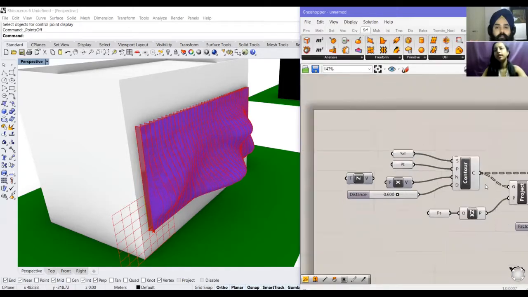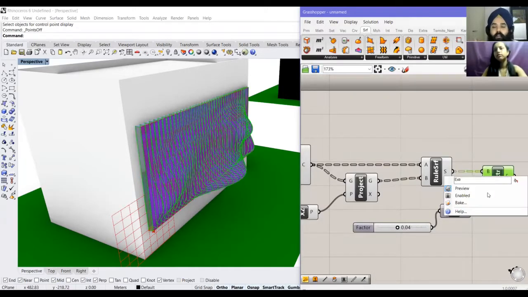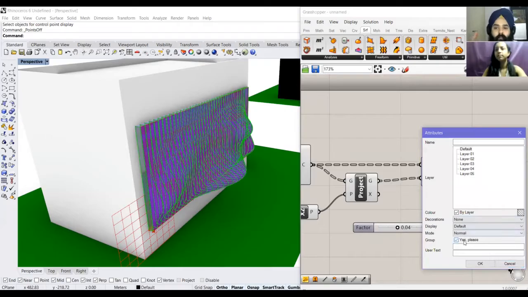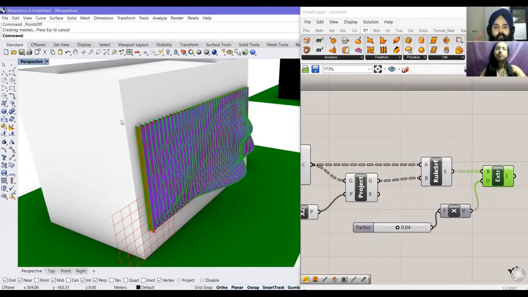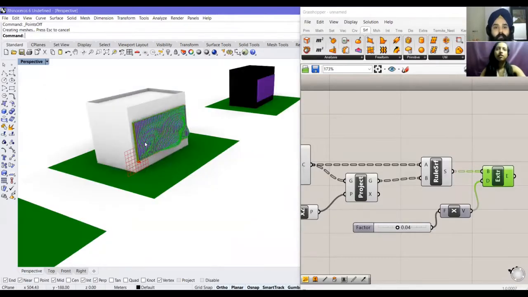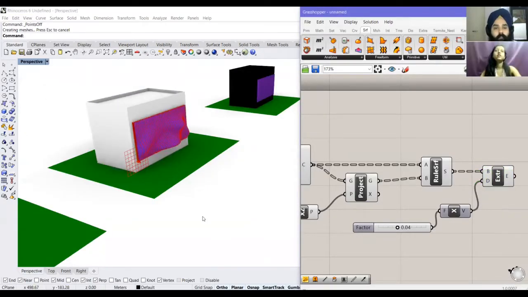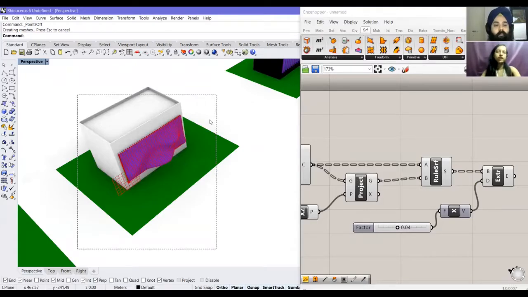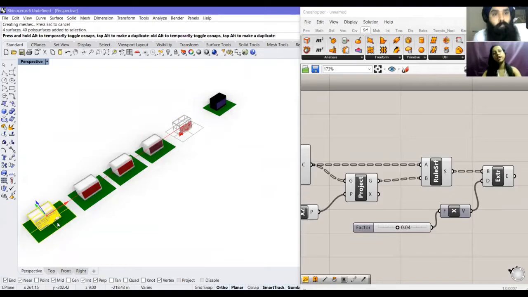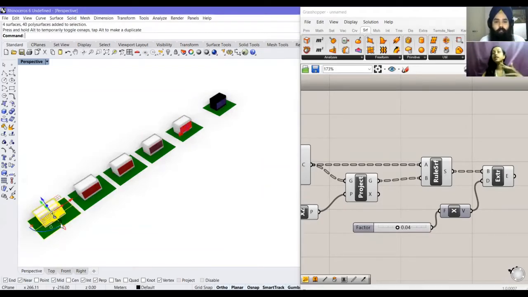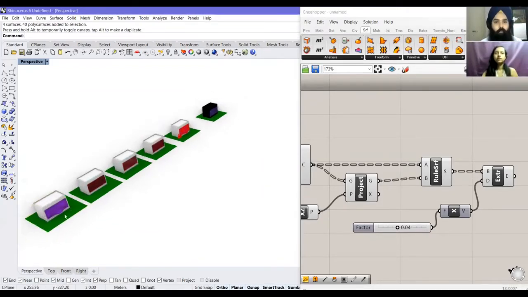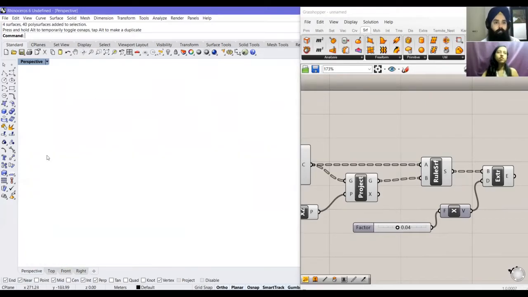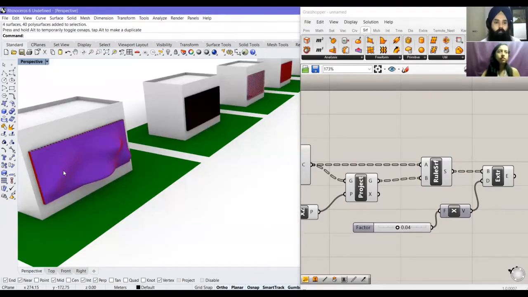And now if I bake it, because it's using the exact same logic every time, it doesn't matter how many different iterations we make. If I take this whole thing again as one more iteration, and of course the surface that we moved and tweaked, there are n number of ways to tweak that surface. I'll delete this top surface that we have, and what we get now is this.